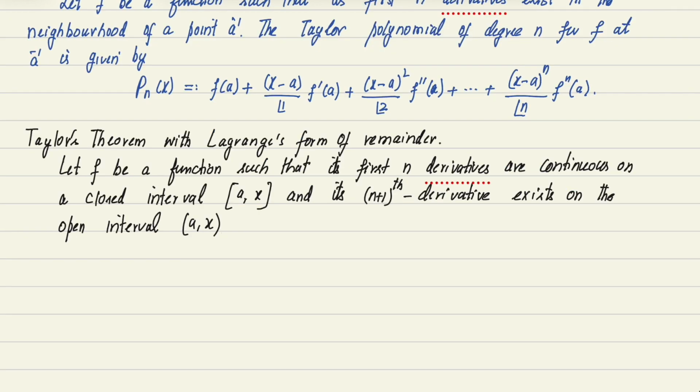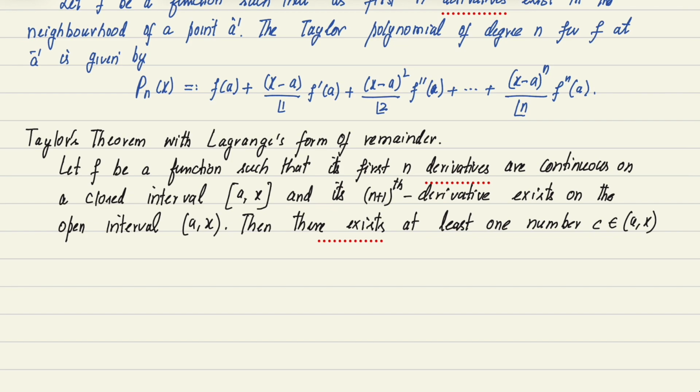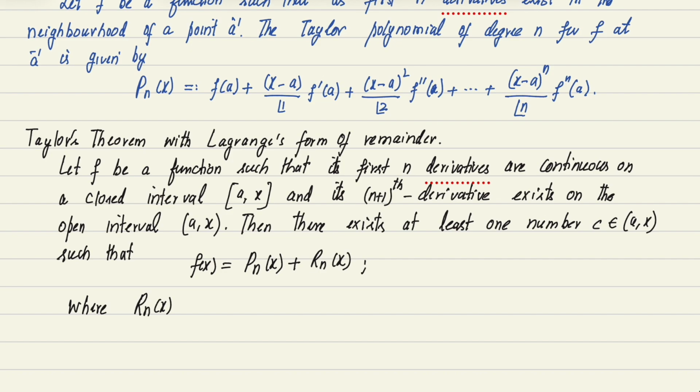Then there exists at least one number c in the open interval (a, x), such that f of x is equal to Pn of x, which is the Taylor's polynomial of degree n as defined above, plus Rn of x, where Rn of x is